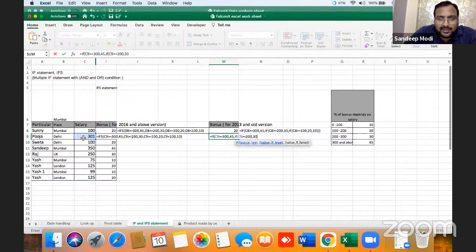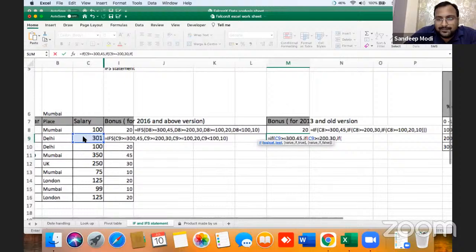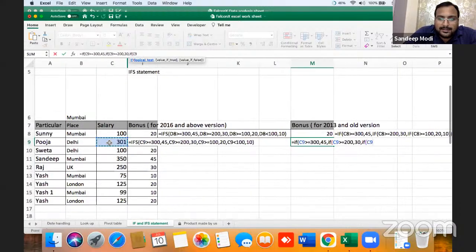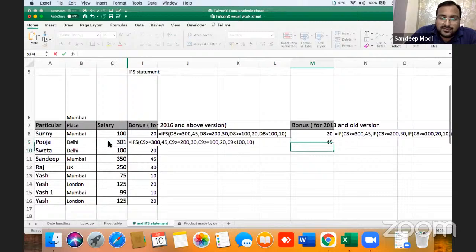If yes, 30. If not, we will again start an IF statement. This should be greater than or equal to 100. If yes, 20. If not, 10. First IF statement, bracket close, second close, third close, enter.